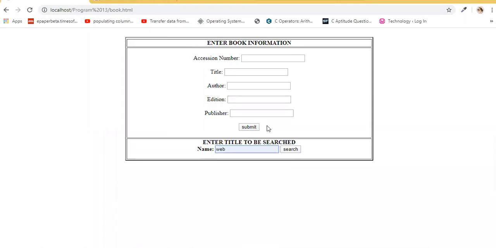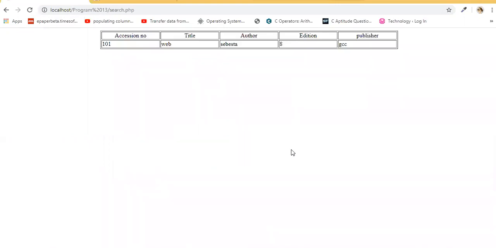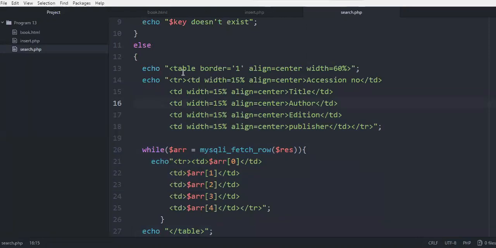Let us perform the search so that we can see. I have entered the book title as web and searched. We require this first row with 5 columns, specified here as a row. Inside that you have these 5 columns: TD accession, TD title, author, edition, and publisher.